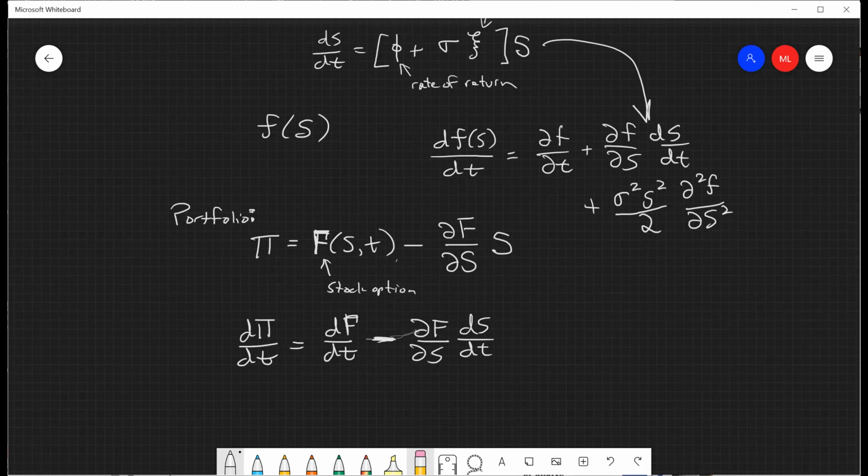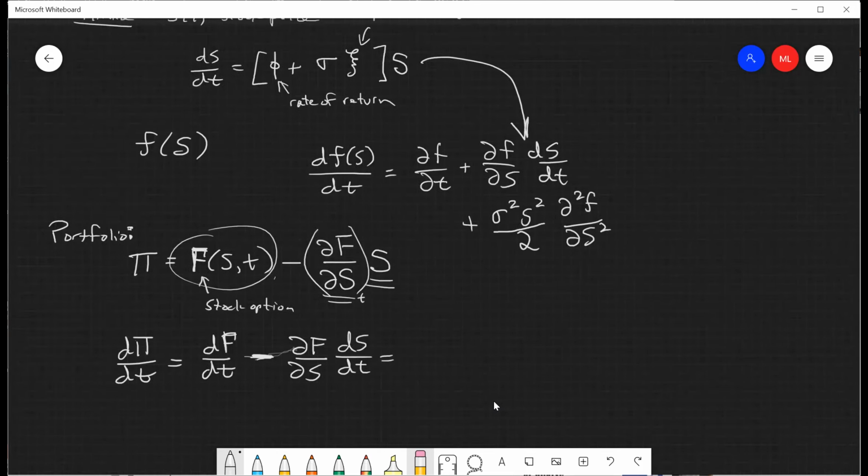We're just taking a time derivative. This depends on time, so you get the full time derivative. This is just the slope of that function. It's a partial derivative, so at a fixed time, how does the price of the stock option change with respect to the value of the stock at some fixed time t? That doesn't change in time. So this is just applying the time derivative, and now we can stick in